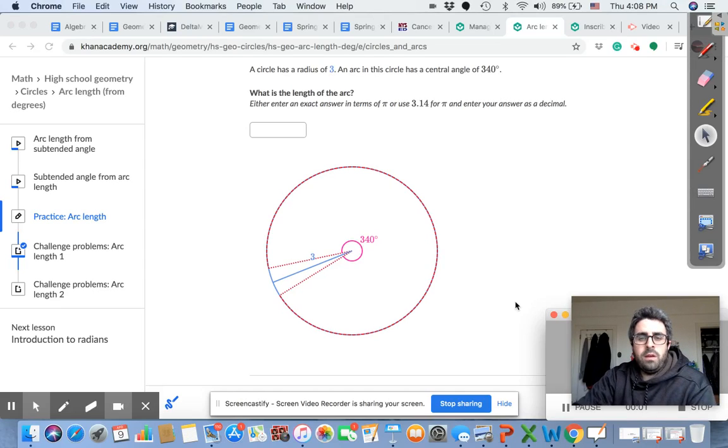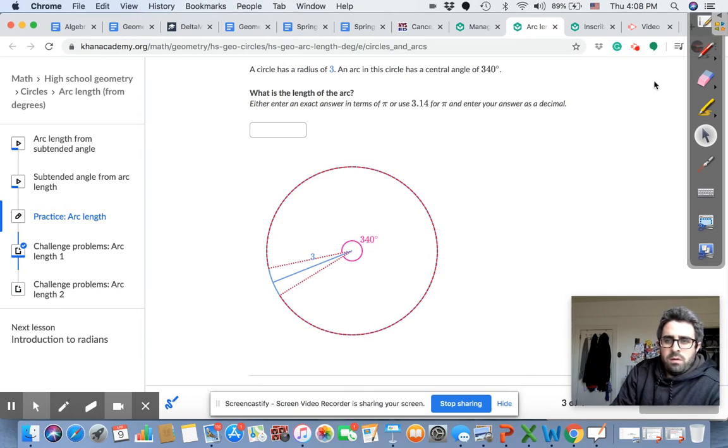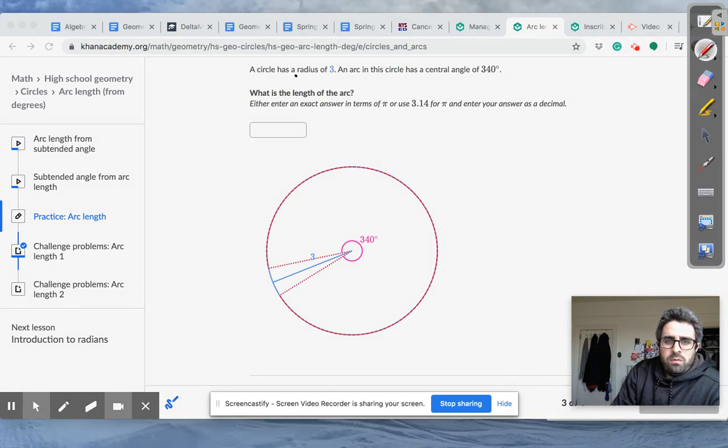Okay, this is a slightly more challenging example because in this case, they did not give you the circumference. So here we see it says a circle has a radius of 3 degrees. An arc in the circle has a central angle of 340 degrees. All right, so what is the length of the arc? So in this case, we're looking for the length of the arc. So I'm going to call that x